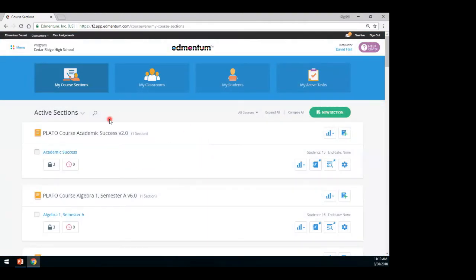All right. Now this is your instructor dashboard, and my instructor dashboard is built out. The reason why is because this is my demo account, but most likely when you first log in, you won't have any course sections or classrooms or anything like that. You'll just have these 4 tabs. So what you want to do is actually click on Menu